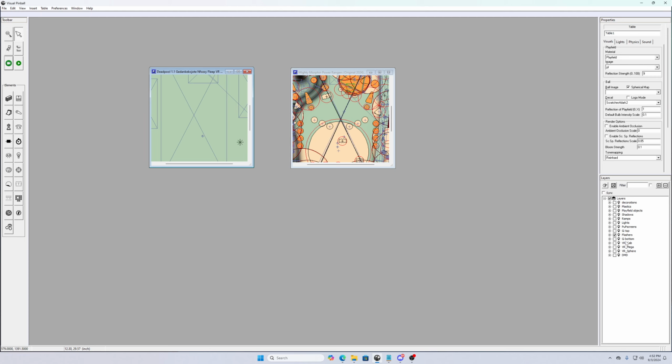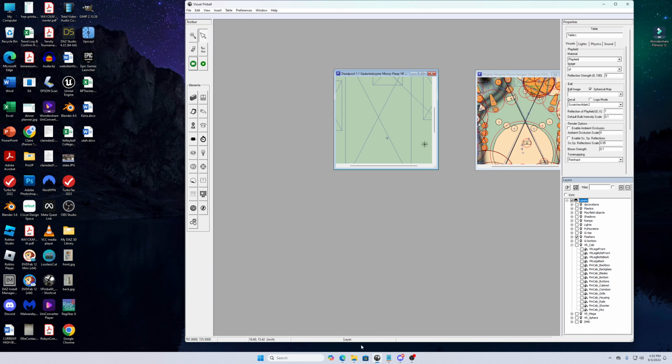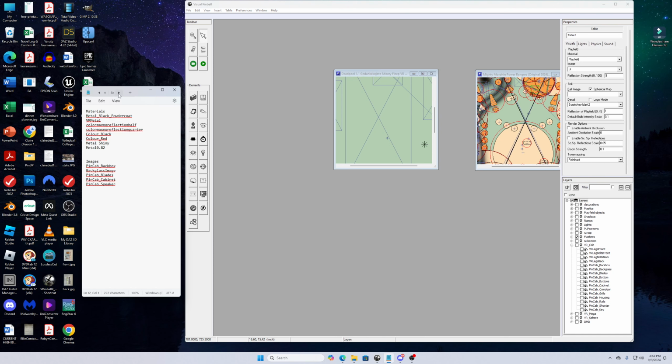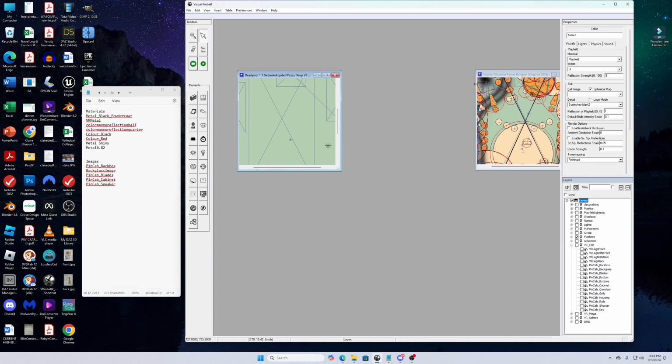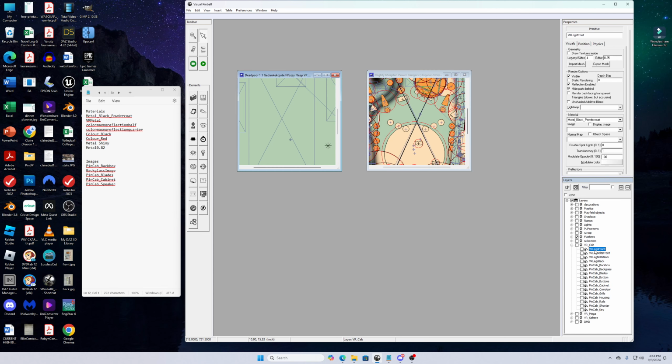So what we want to take is the cab. If we open that up, it's got 15 layers or so. And what we want to do is open up Notepad or something similar. We want to go through each one of those layers. If we double click on it, what it'll show us is the material that we need to transfer over and the image. And so if we just write that down over here in materials, images, this one needs metal black